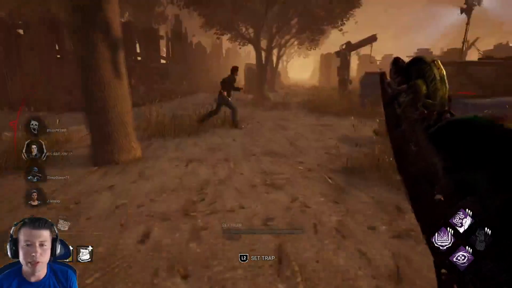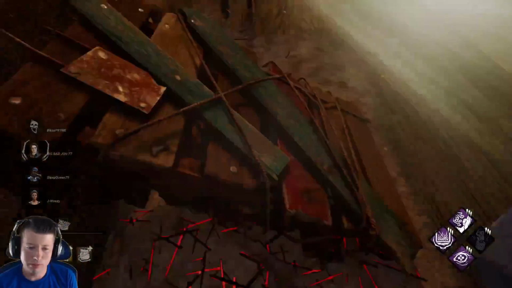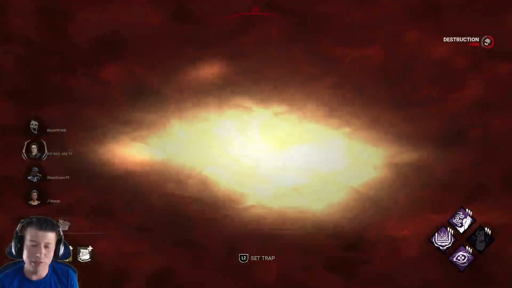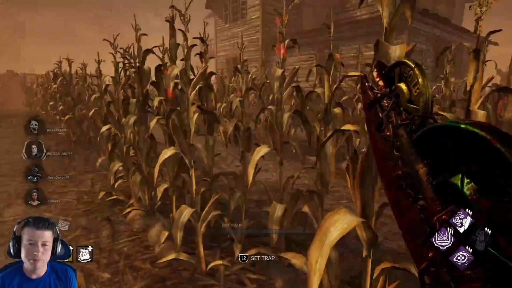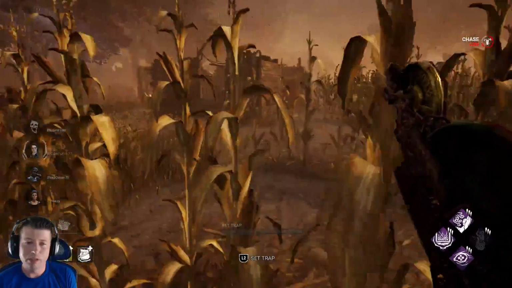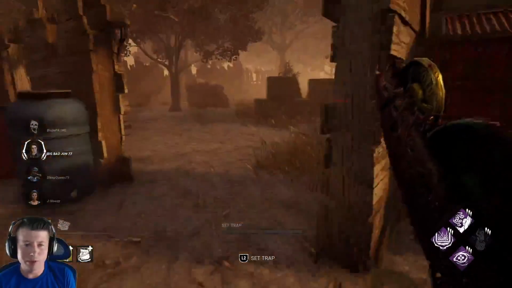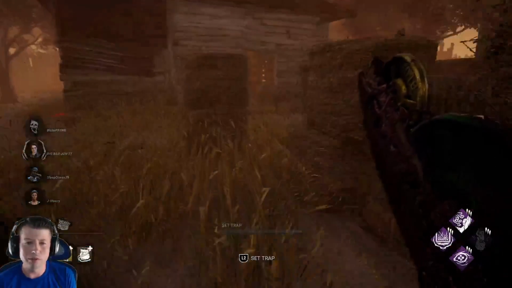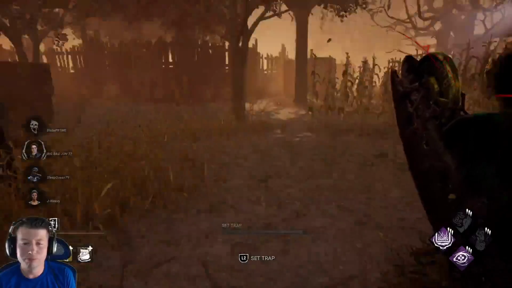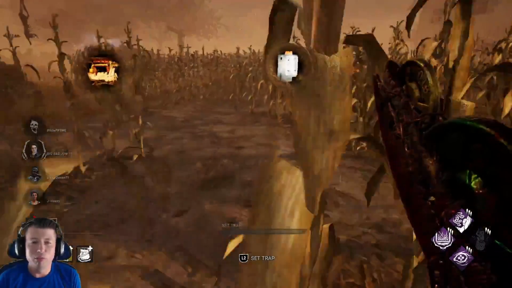Okay, he's going this way. He might go into our trap. Hopefully he'll run for that window and hit my trap. Maybe? No? He ran this way, but did not hit the traps. Hopefully he's going to the killer shack. I do believe. No? Ah, okay. Well,